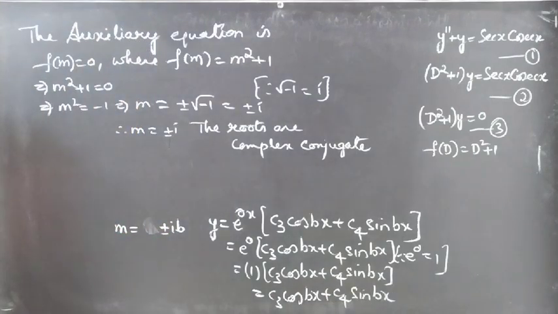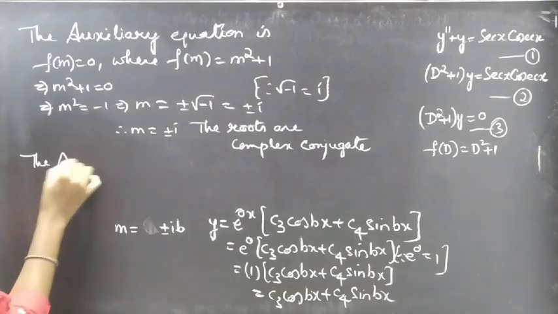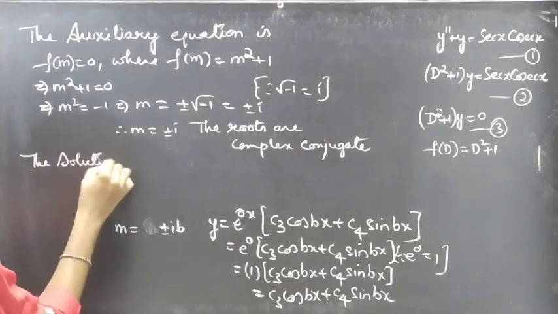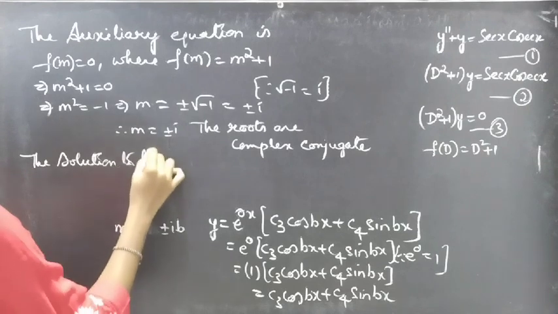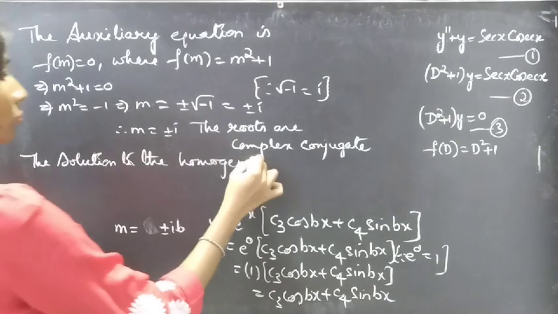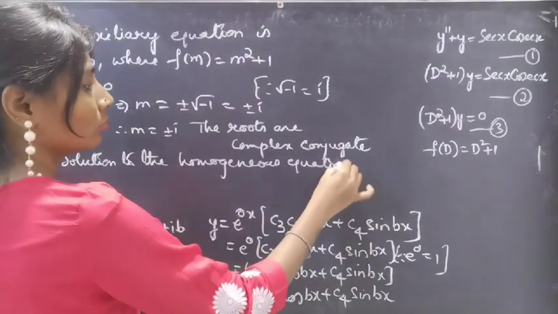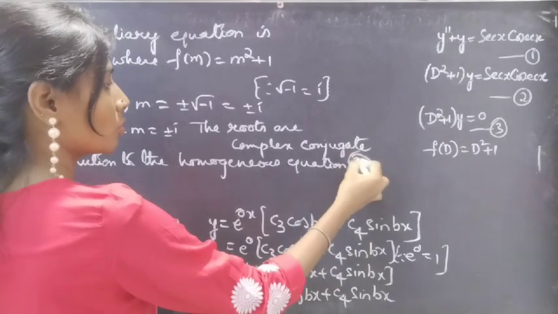Let's now write the solution to our homogeneous equation. Here we are taking c3 and c4 instead of c1 and c2 because I want c1 and c2 to appear in the last general solution. The solution to the homogeneous equation, equation number 3,